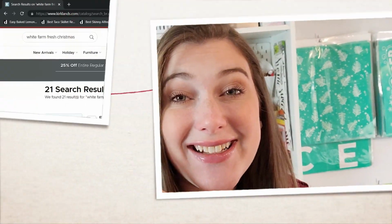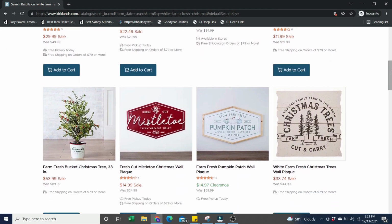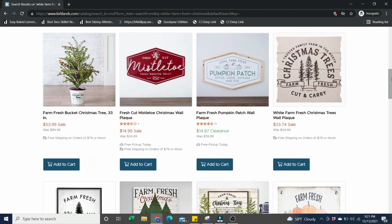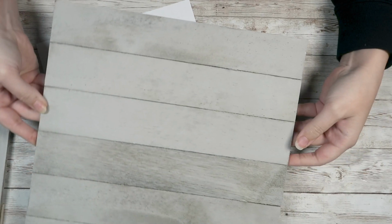Without further ado, let's go ahead and jump into our first DIY. For these DIYs, I mostly went off of inspiration, not necessarily dupes. But one thing that struck my eye was on the Kirklands website, I was finding a lot of these fresh Christmas trees, cut and carry. I liked this one that had kind of that rough wood and shiplap look to it. And then I found another one that was kind of similar. Now I knew I had something similar and I could try to recreate this and get some inspiration from the